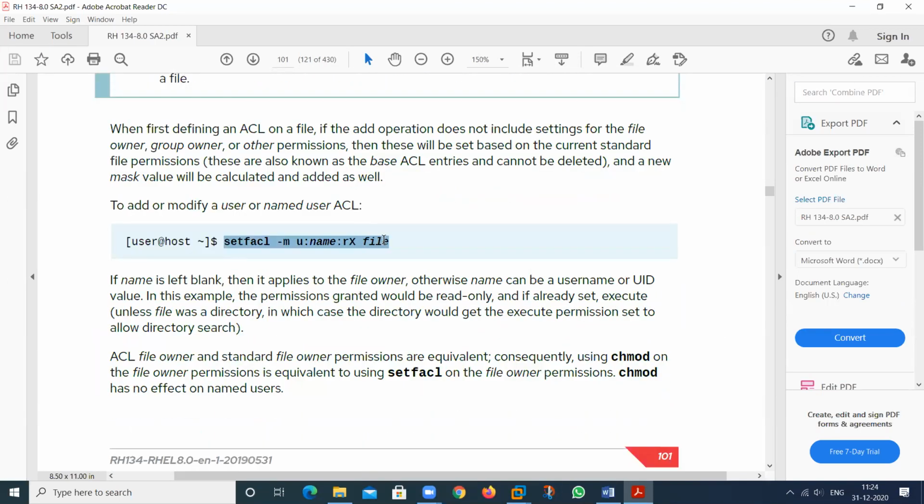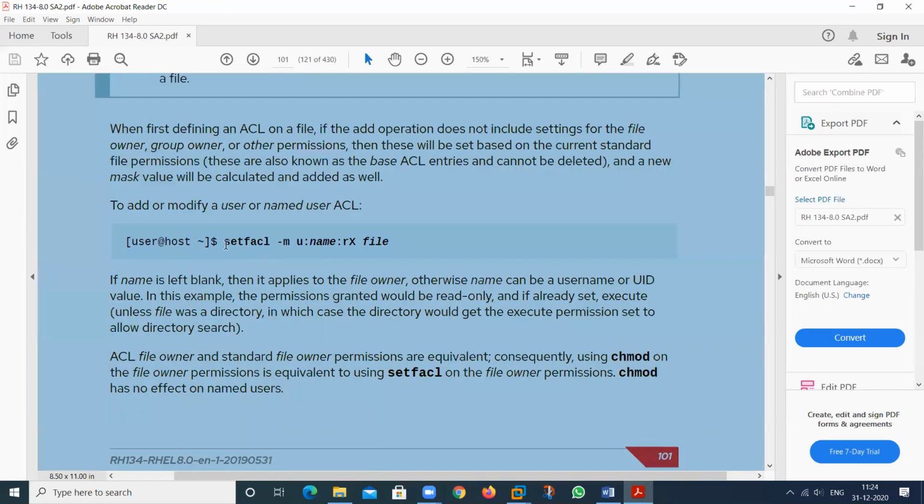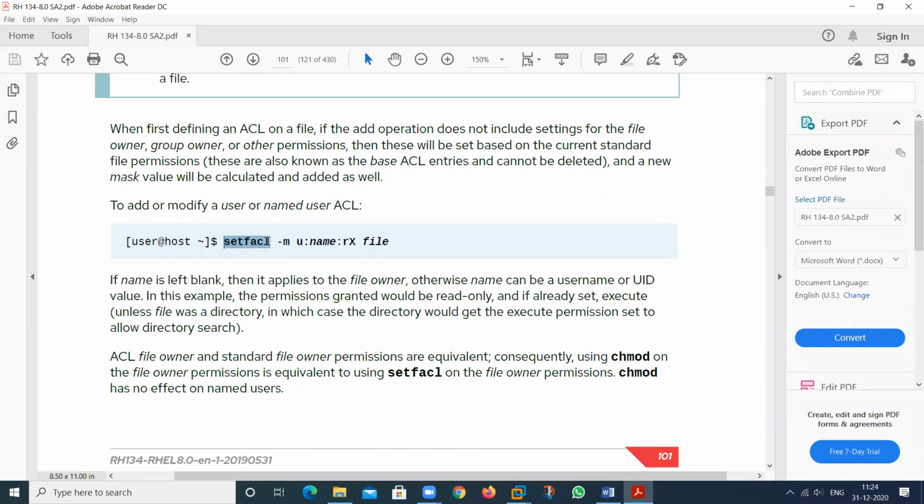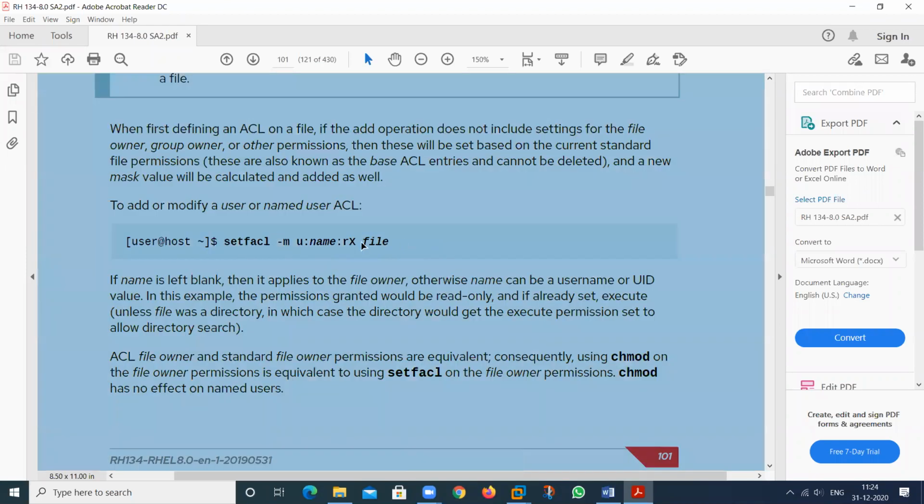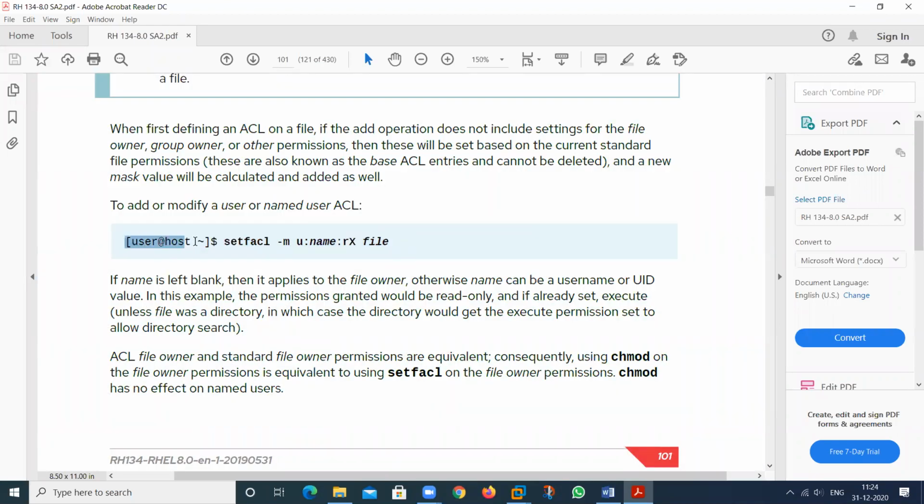If I want to apply the permission, we can use the setfacl command, with -m just for the modification, -u for the user, and type the name of the user, then provide the permissions, then provide the name of the file and name of the folder. So this is the syntax that we use to modify the permission for the user, and for the group also.